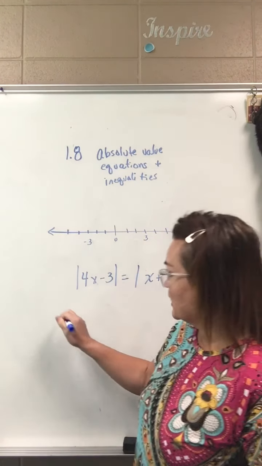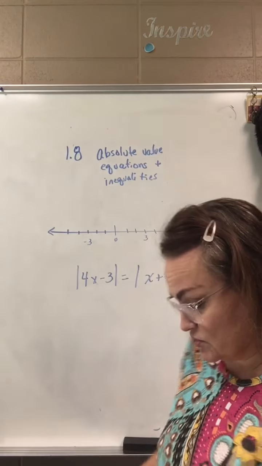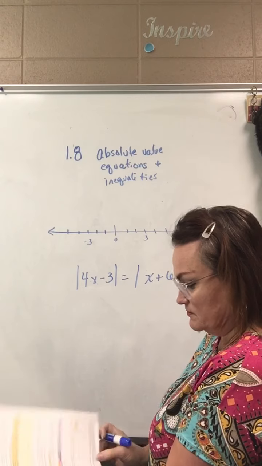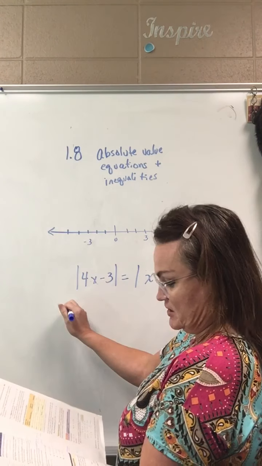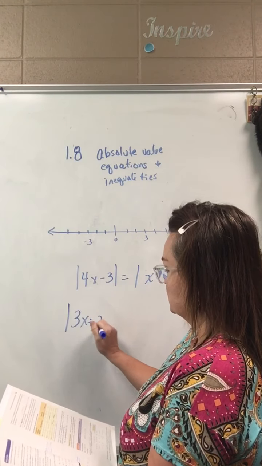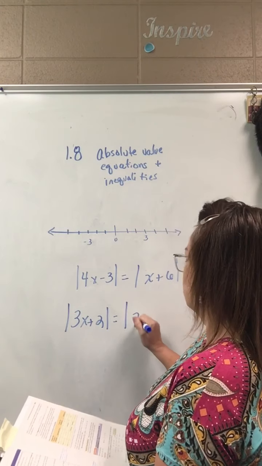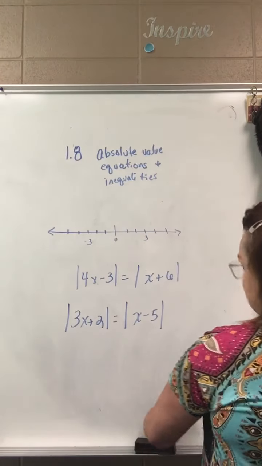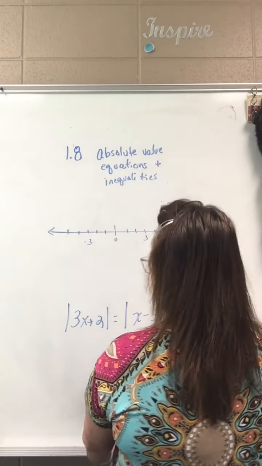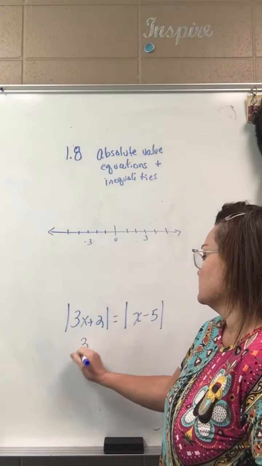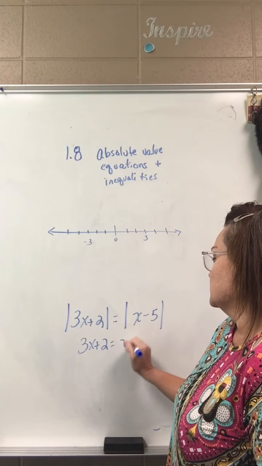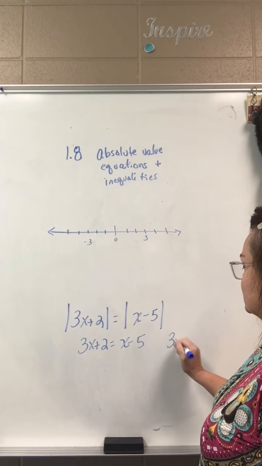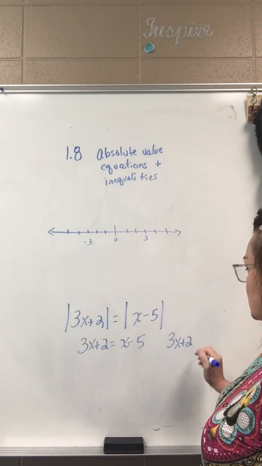Alright, so I have a U-try. As always, pause the video to do your U-try, and then come back in. But I will keep rolling. The U-try is the absolute value of 3x plus 2 equal to the absolute value of x minus 5. So the process is to set these two sides equal to one another. So 3x plus 2 equals x minus 5. And then to also do it with one side as a negative. So I'm going to leave the left side alone and times